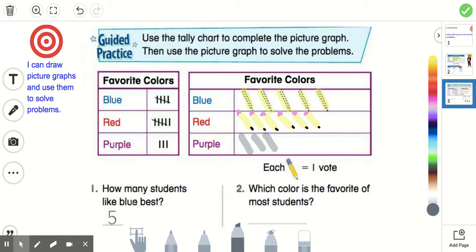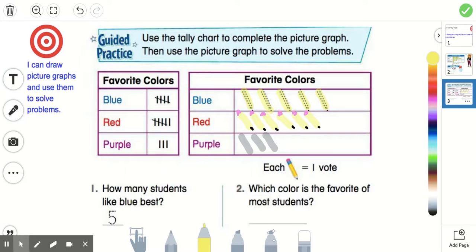Now let's look at our questions. The first one says, how many students like blue best? And we can look, 1, 2, 3, 4, 5. We can count, or just look in the data table, 5. Now, which color is the favorite of most students? Red has the most, so the favorite color